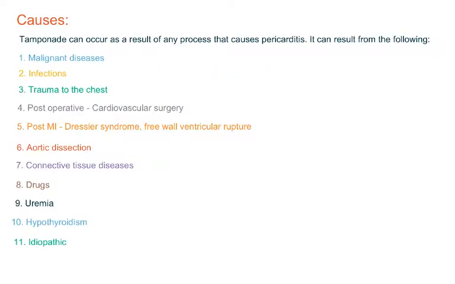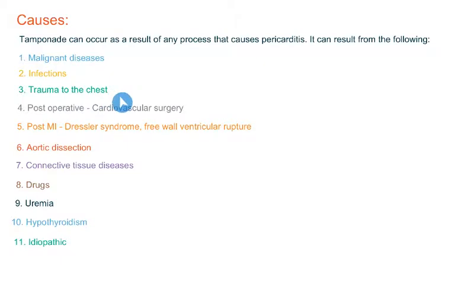Tamponade can occur as a result of any process that causes pericarditis, which is the inflammation of pericardium. It can result from the following: malignant diseases, most commonly lung cancer, infections such as HIV, some bacterial infections including TB, and some fungal infections as well,